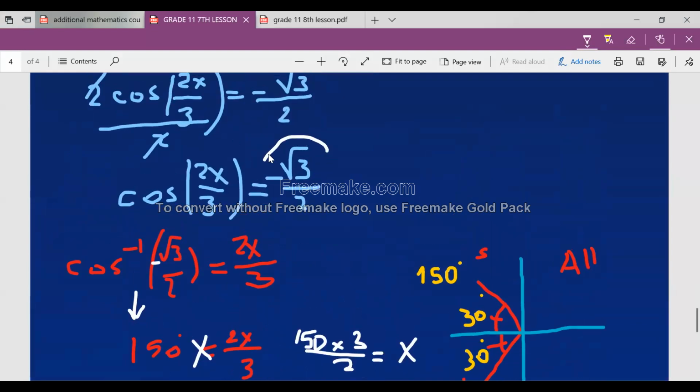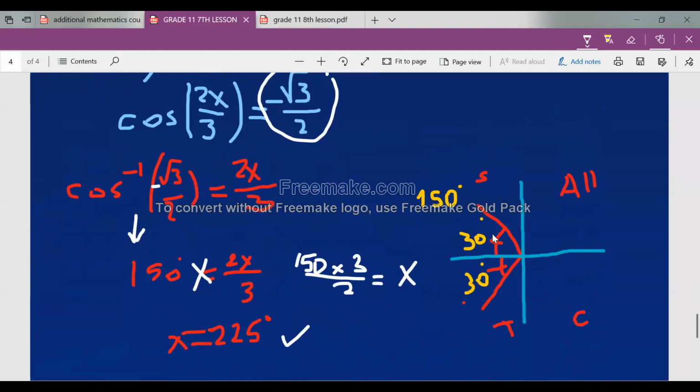when we have negative cosine, I told you, in the second and third quadrants. So in the second quadrant, our answer is 150 degrees. And the acute angle between the x-axis and that line is 30 degrees. So it will be equal to our next acute angle. Here will be 30 degrees. To find our second solution, in the third quadrant,